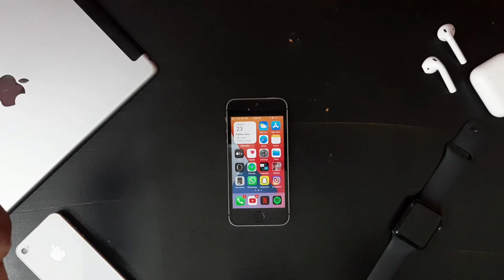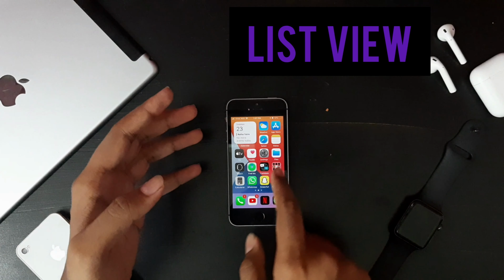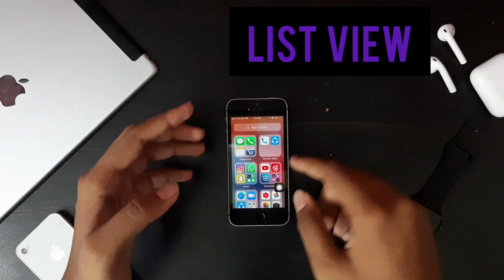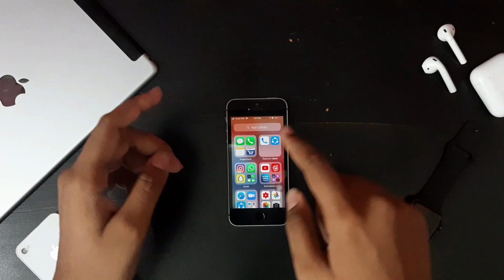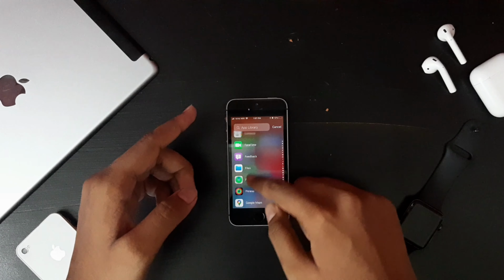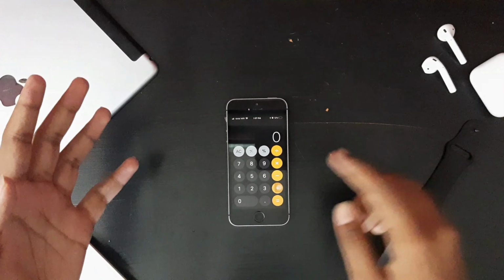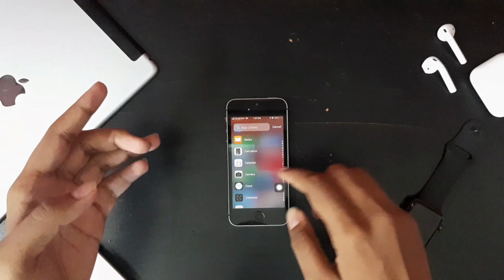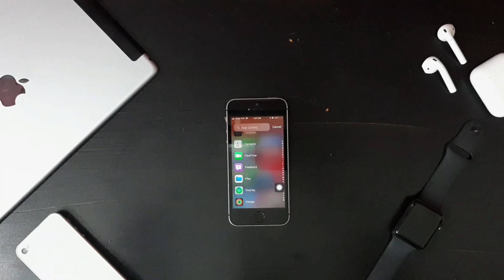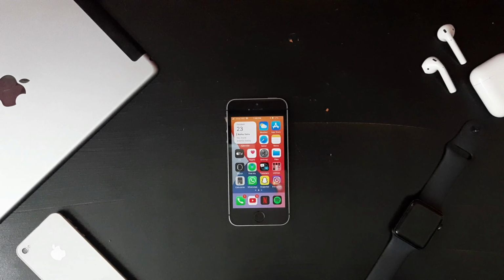One more feature is that you can choose your apps in a list view. If you swipe all the way right to the app library, simply swipe down to get the list view of all your apps. If you go in and choose calculator, it would simply open calculator. And if you go back and choose another app, it is also useful and very simple.